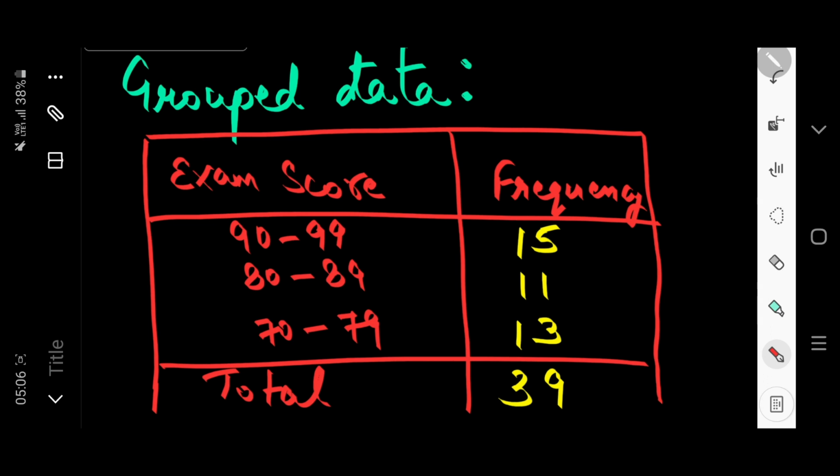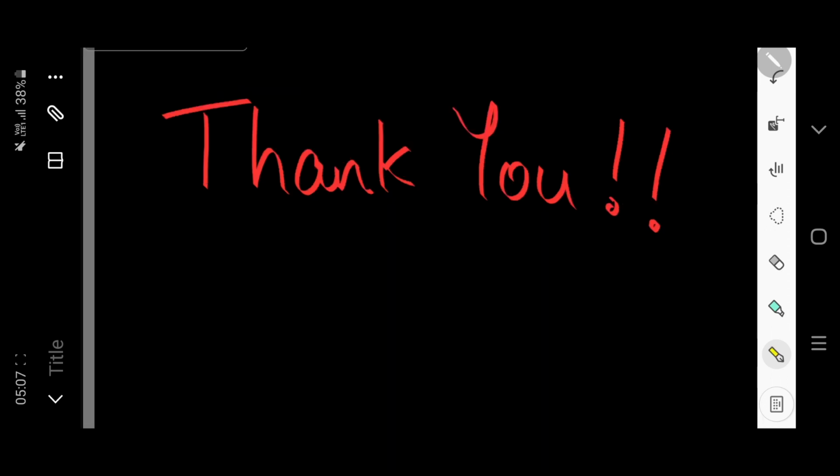I hope this video is clear till now. So we have talked about the frequency distribution, relative frequency, population, sample and data points with ungrouped data and grouped data. I hope these basic terminologies are clear now, because in the coming videos we'll be talking about these terminologies, and with those we will be solving different examples also.